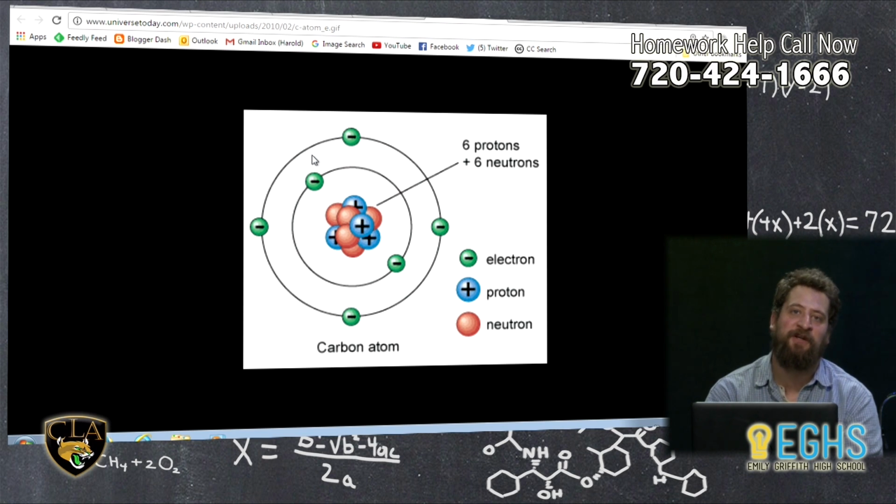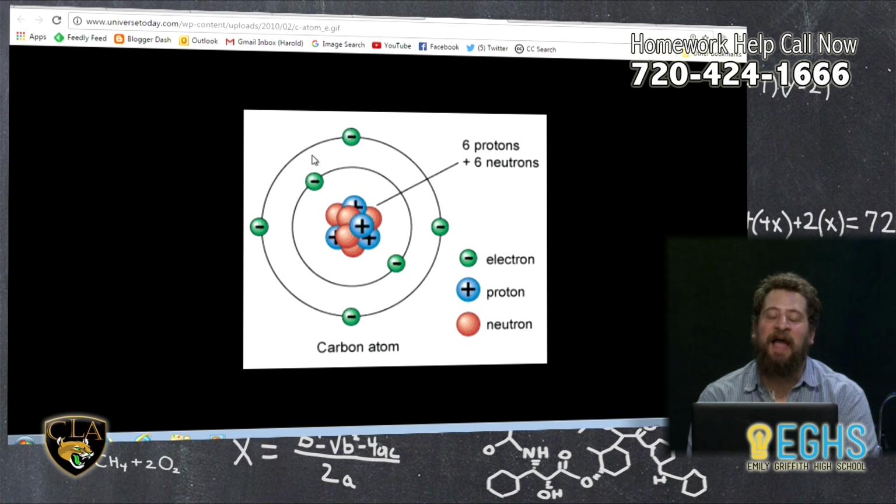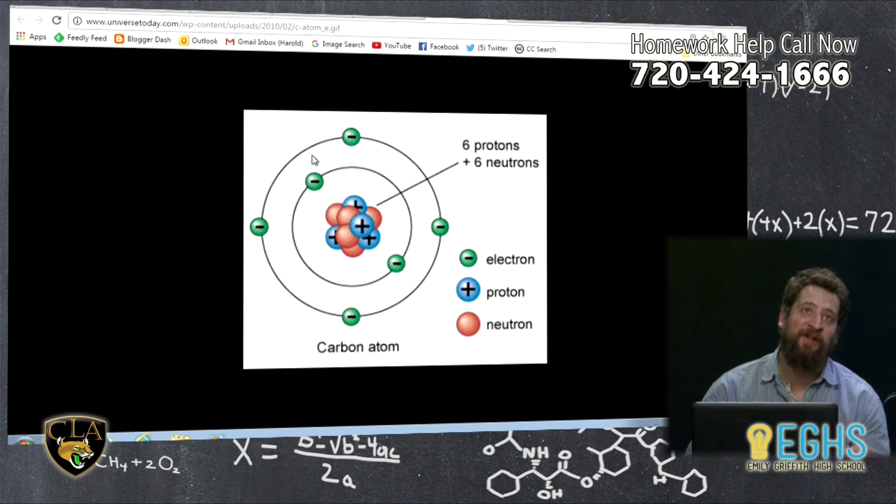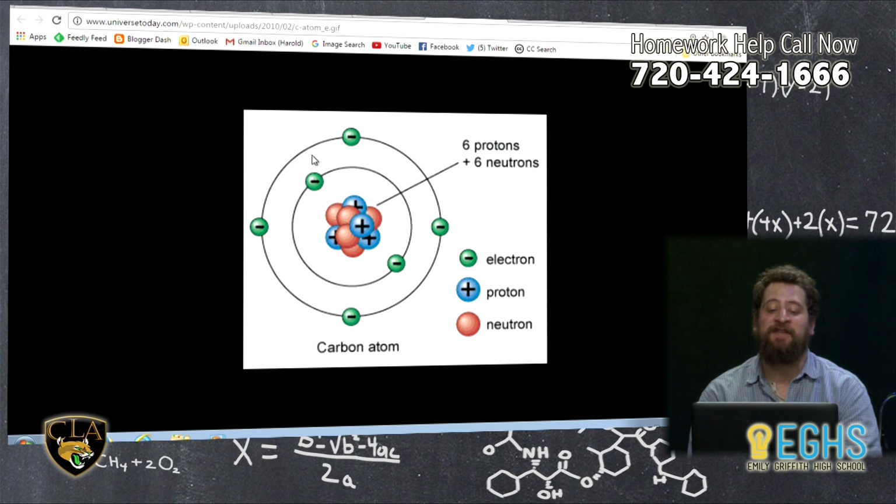And although in this picture, it definitely looks like they're orbiting pretty close, actually the distance between the nucleus and the electrons is extremely great. It's not great, again, relative to the size of a human, but relative to the size of the electron and the nucleus of the atom, it's a really great distance. Again, this is a simplified view of what an atom looks like, and it's generally how we learn about it. But today,